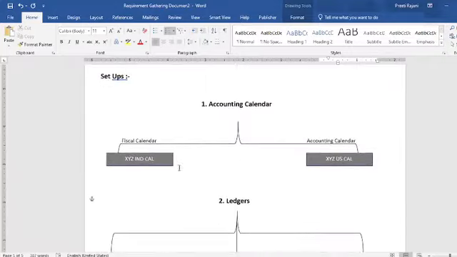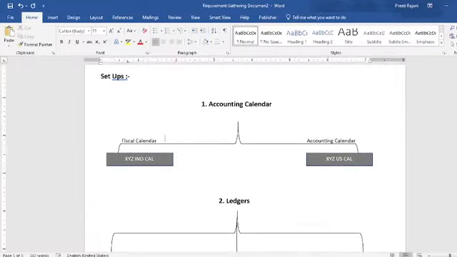When we are reporting in Indian currency, the calendar is from April to March. But when we are reporting in US currency, their calendar is from January to December.